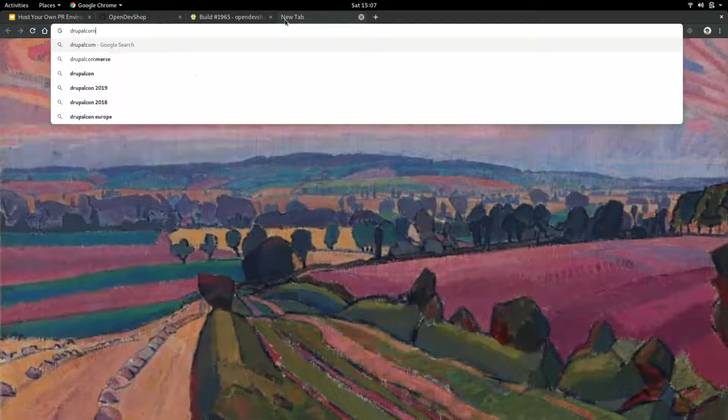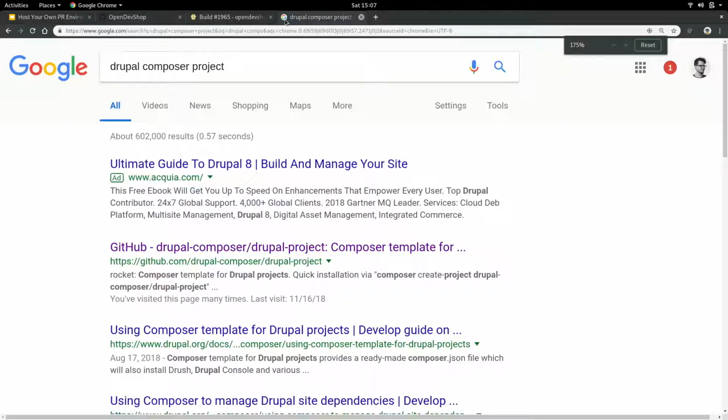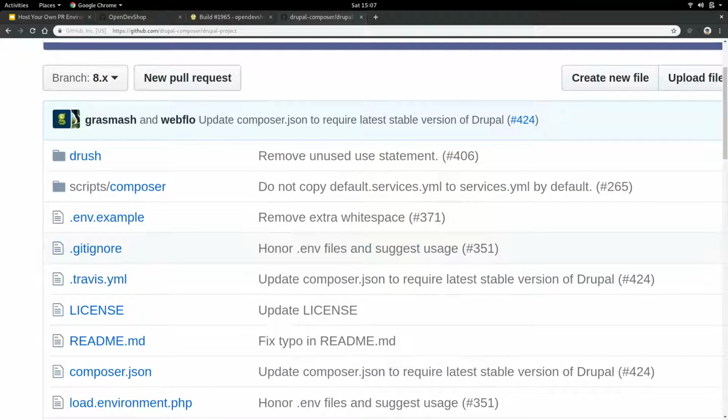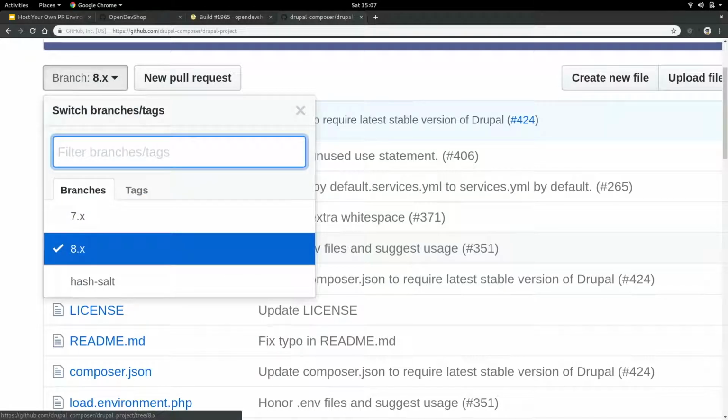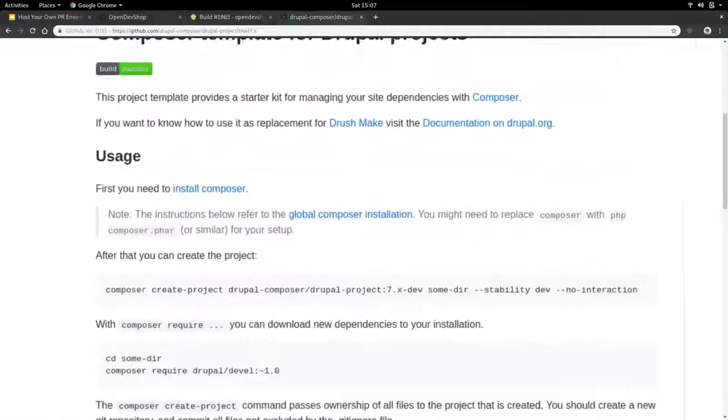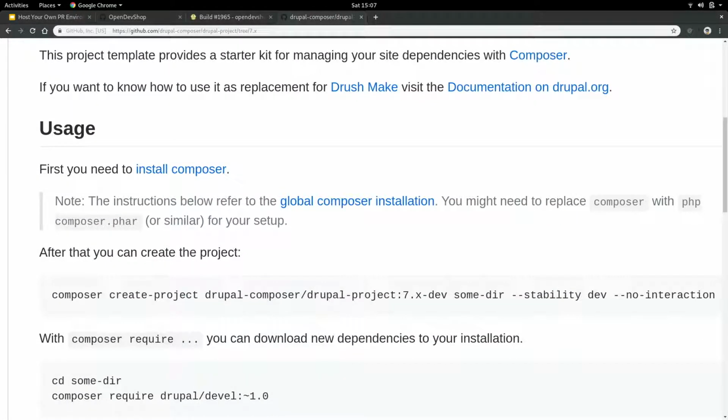Drupal Composer project, right? This is the new thing that everyone's building out of. This is a standard way to make a Drupal site based on Composer. It actually works for 7 and 8, so don't think you need to use 8 to use Composer. It's not terribly documented well, but all it is is another branch. So if you switch to this 7.x branch, you can see this create project 7.x dev instead of 8,